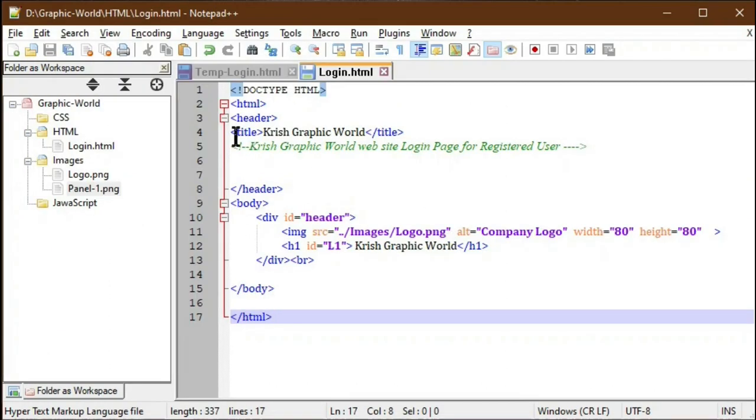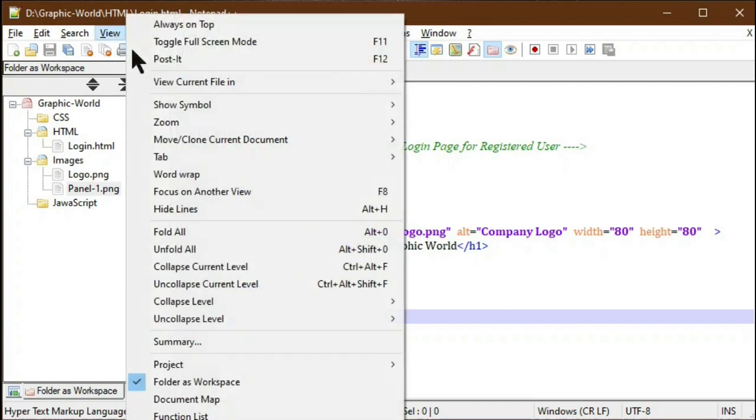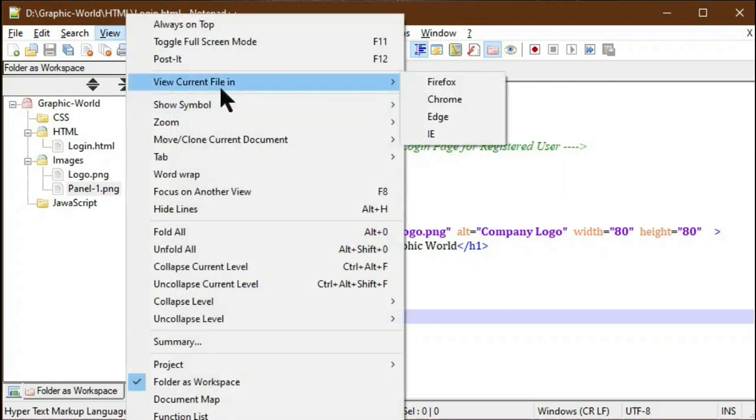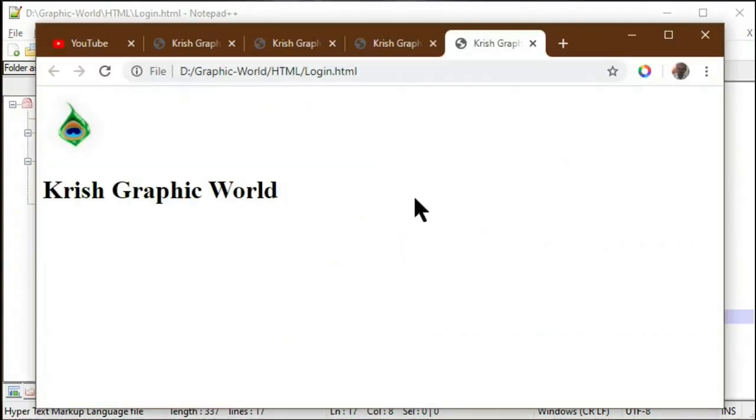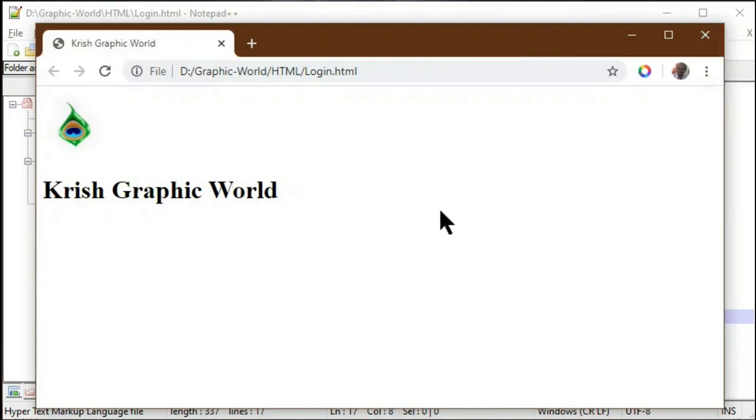Another method is we can go to View, and from View, Current File in, it gives some options, then select Chrome, and it also shows our HTML file in the browser window. You can notice in the browser window, it shows our logo image. Under the logo image, our heading is there. But in general, all the headings should be in line with the logo.